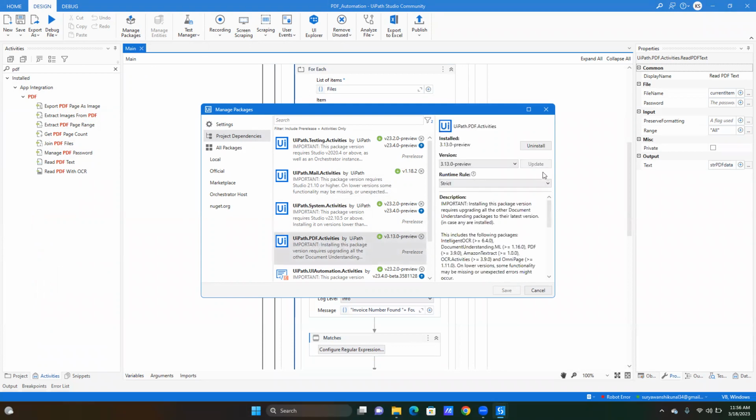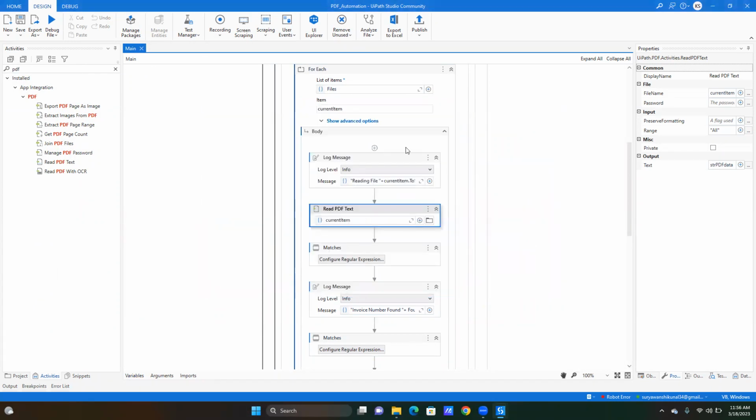This is needed to be installed, okay, and save it. Then you can see these activities added to your activity panel. Okay. Once this is added, you can use this read PDF text activity in which we have passed the current item,